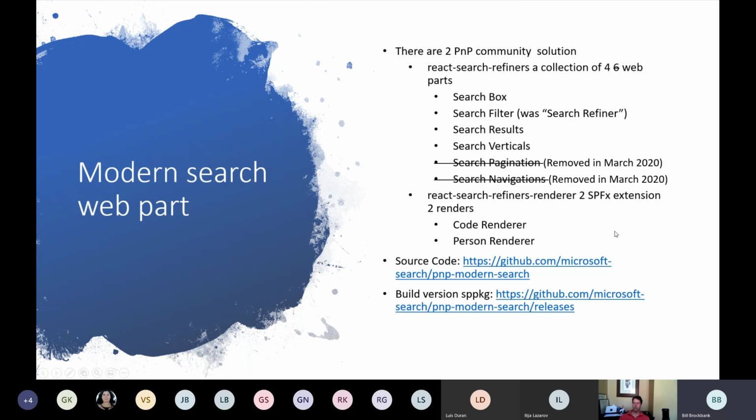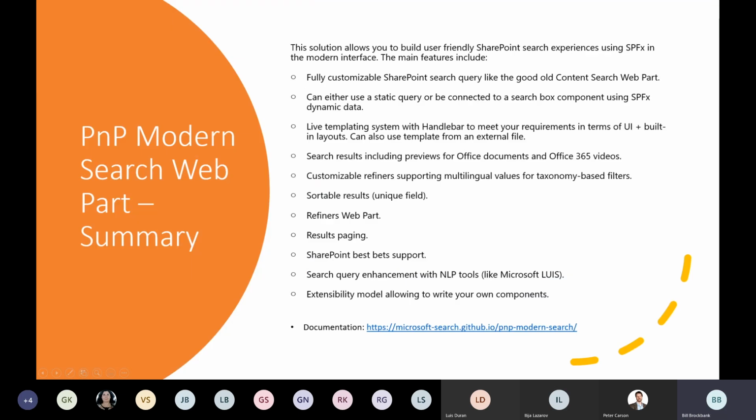The second component that's available in the project is the ability to create a custom renderer through code. There's two custom renderers available in it. One is the code renderer, which I can't remember what it did now, and a person's renderer. So you can get something like the person search, but it allows you to add into the actual selections, and you'll see how that gets used in a few minutes when I open up the process.